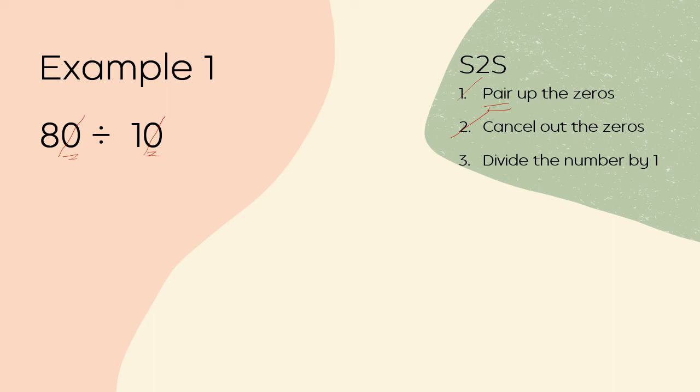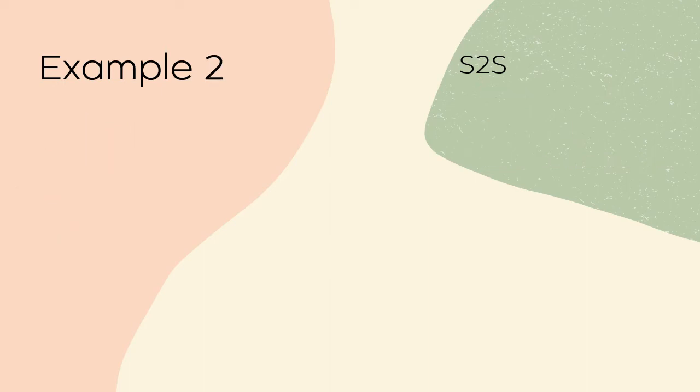Step 3, divide the number by 1. So what's left is 8 divided by 1. So what is 8 divided by 1? 8 divided by 1 is just 8. So the answer is 8. Example 2,